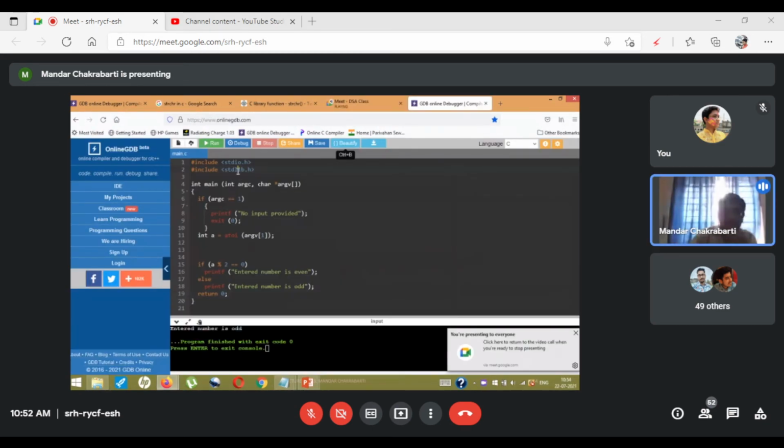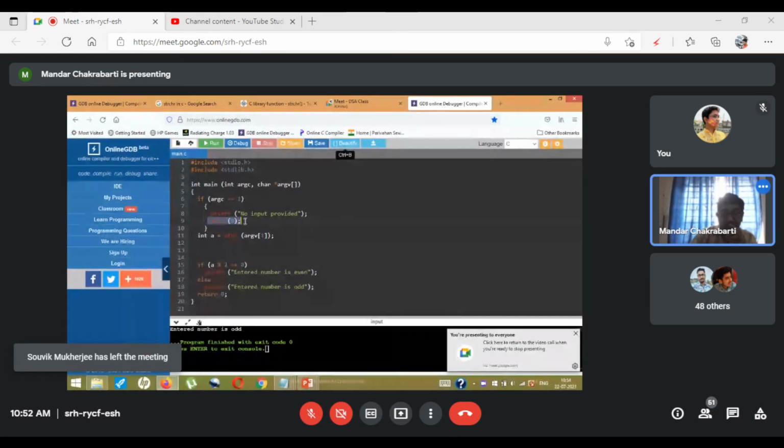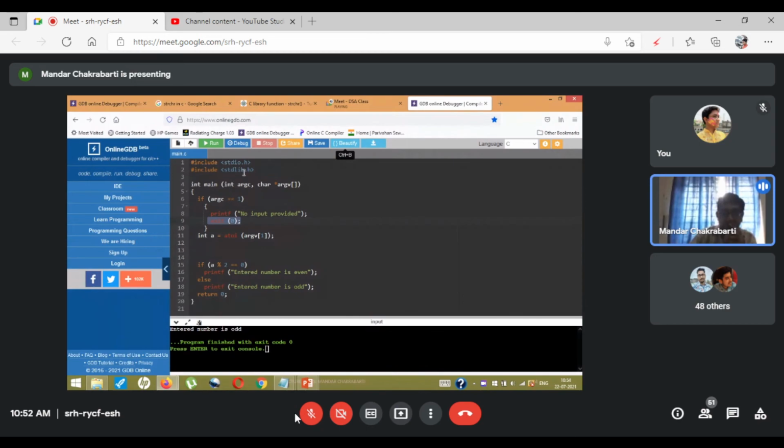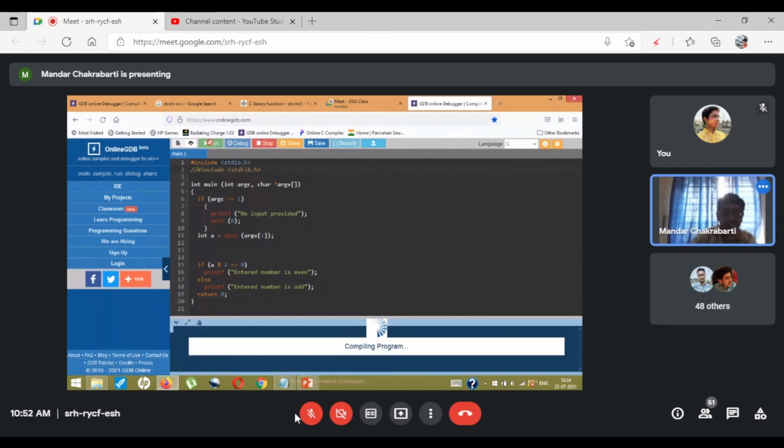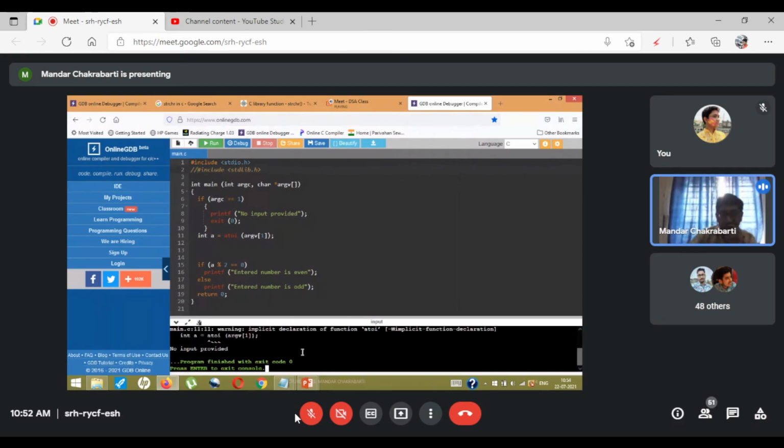Right. Why did I take the library function? Why did I take stdlib? That was because of this command, the exit command. Exit command belongs to the standard library function. If I do not take this particular command, say I comment out this statement, and run this, I'm going to get a warning.